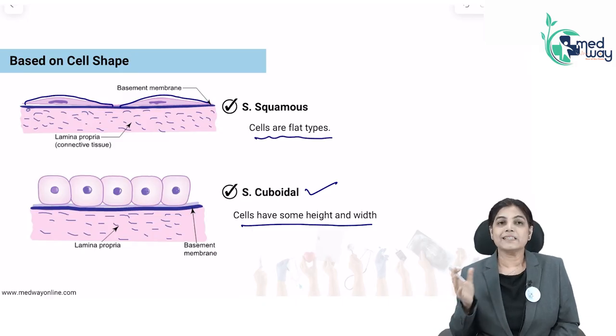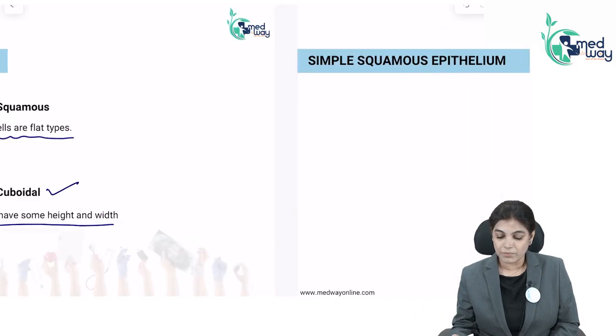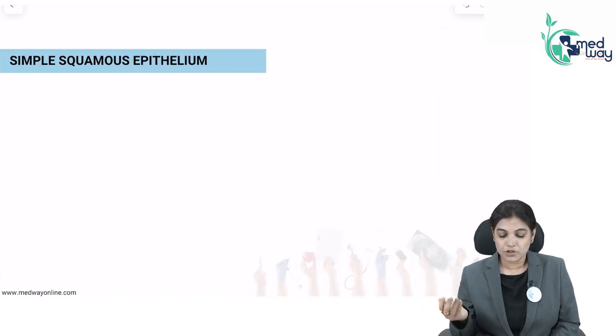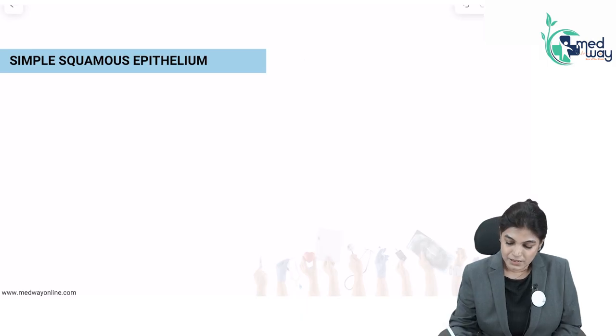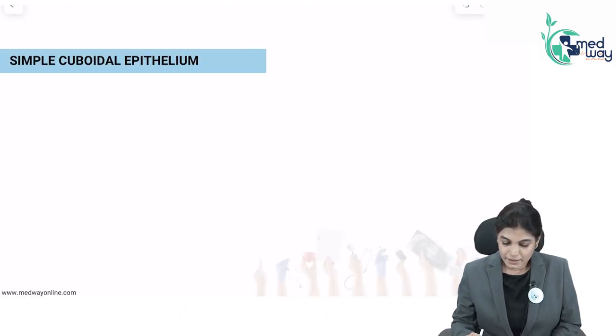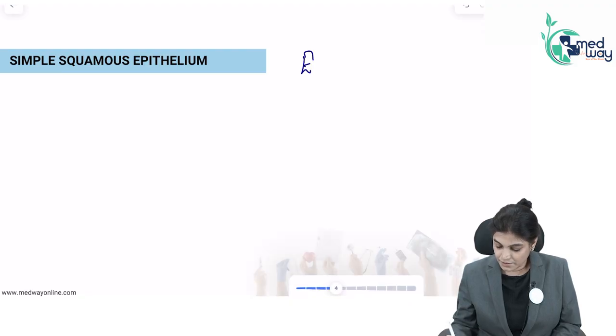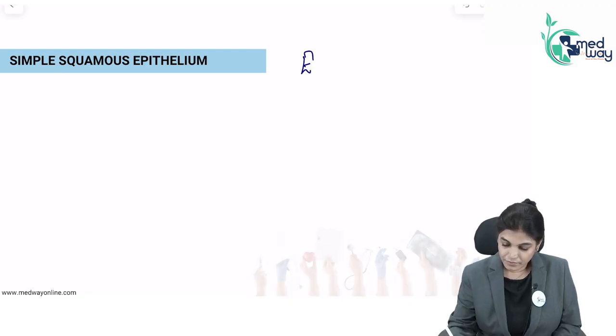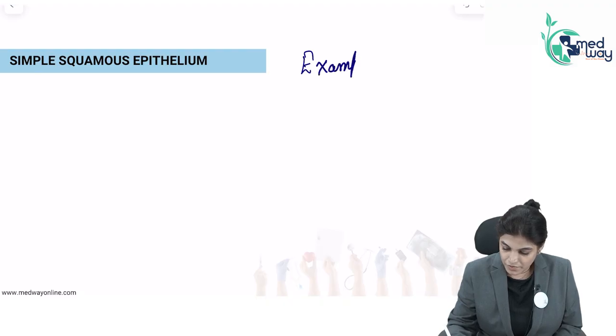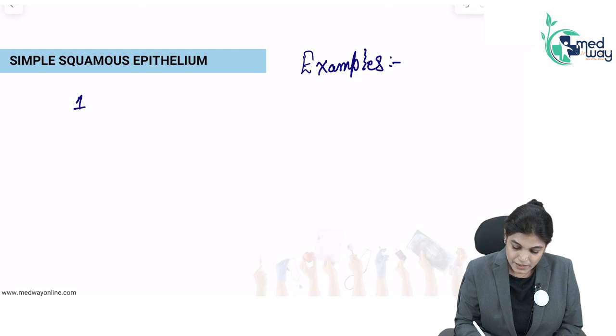Now we have to know the example of each variety, which is most important and has been asked several times in previous years of examination. So, simple squamous epithelium examples. Let's write the examples of simple squamous epithelium. It is present in